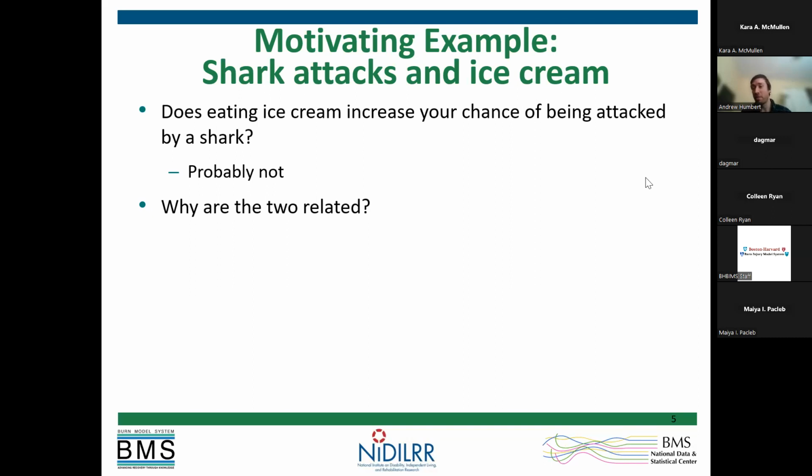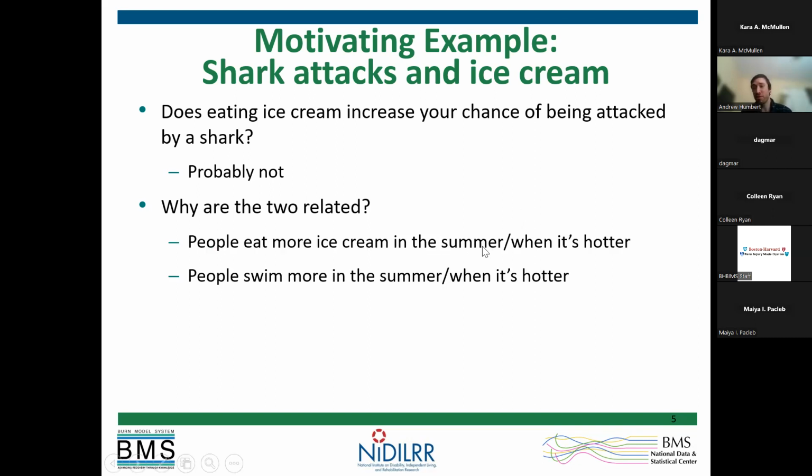Yeah, I'm seeing the summer months mentioned here. We don't know for sure, but that's a perfectly reasonable explanation. People tend to eat more ice cream in the summer, when it's hotter. People also tend to swim more when it's hot, so there's more chance for shark attacks because there are more people in the water. Possibly it has something to do with migration patterns of sharks. I don't know enough about that, but certainly more people in the ocean means more people exposed to sharks, and more opportunities for attacks.